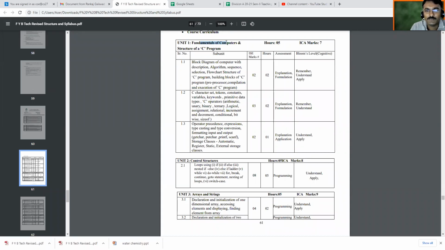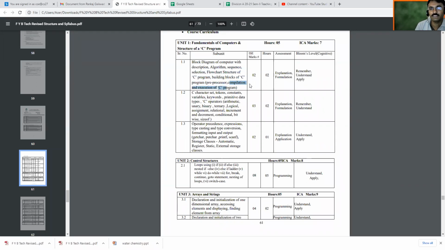How it works, we will also look at. But in the syllabus: block diagram of a computer with a description, then what is an algorithm, then sequence, selection, flowchart of a C program, how it executes, building blocks of C, then the preprocessor, what are preprocessor directives, then compilation and execution